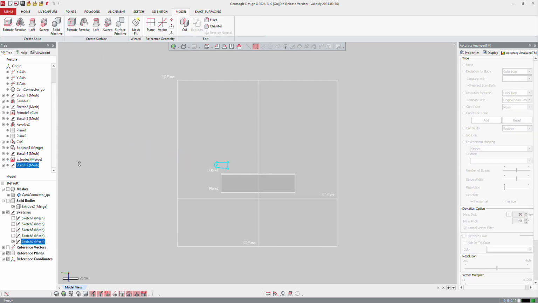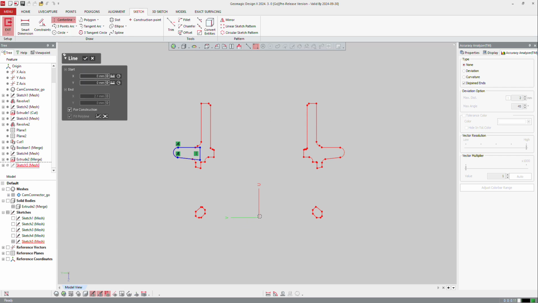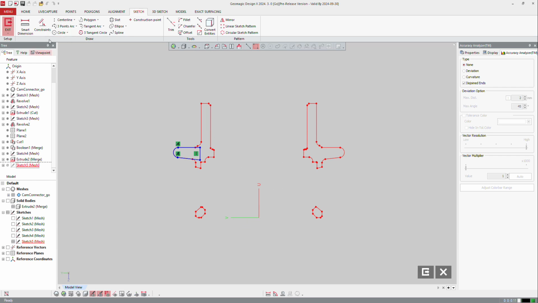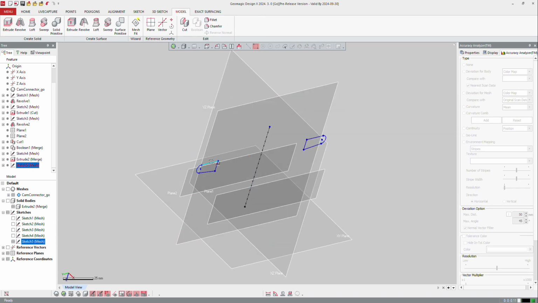Exit. I will just re-edit the sketch and convert or create. I will just create a center line right in the center of the sketch. So center line at the center of the sketch here to there. And I will make a mirror using that line of those curves, and OK, and exit. Now I will extrude that